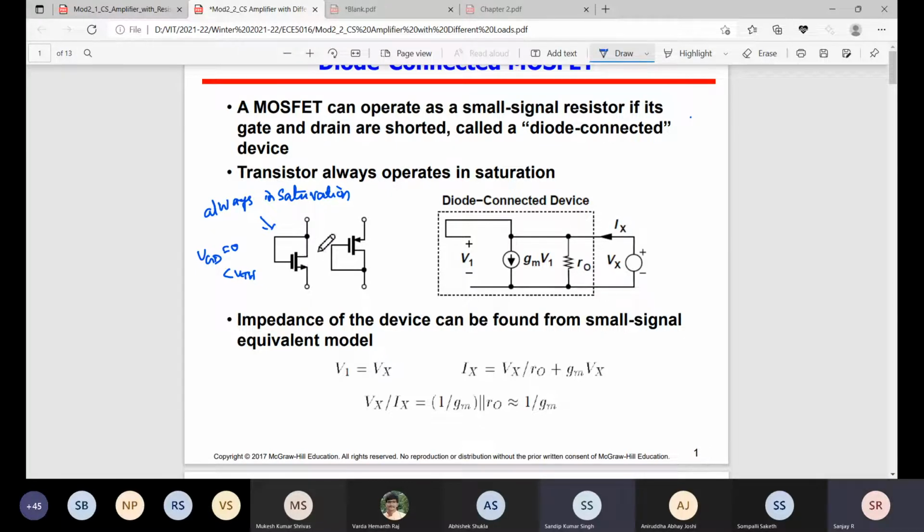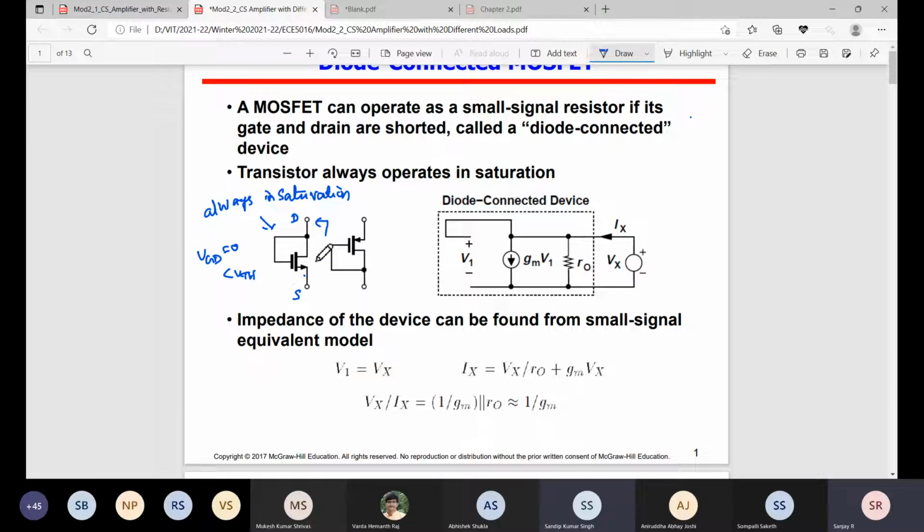Okay, or simply diode connector. I will tell it later, but now I use the term diode connector. Looking from here, what is the impedance? Looking from here means with respect to the source. This is a drain terminal, and this is a source terminal, because we are looking from here with respect to some reference terminal. The reference terminal is the source terminal, which may assume any voltage. Anyway, we are looking from drain to source only.